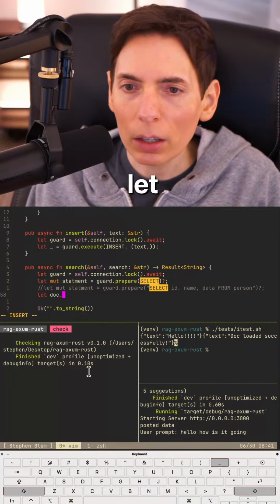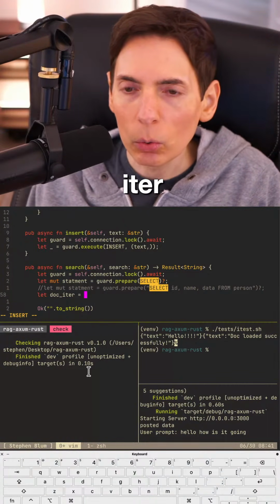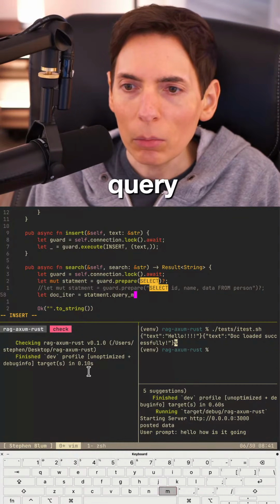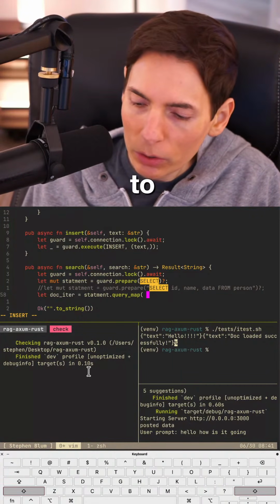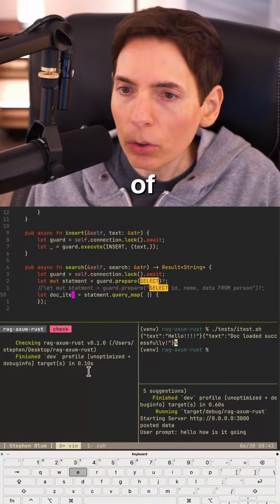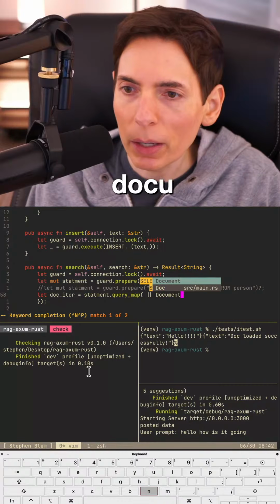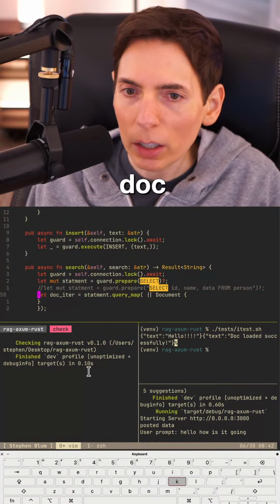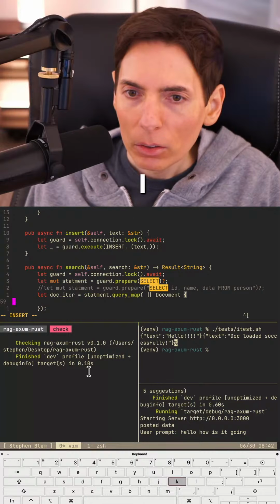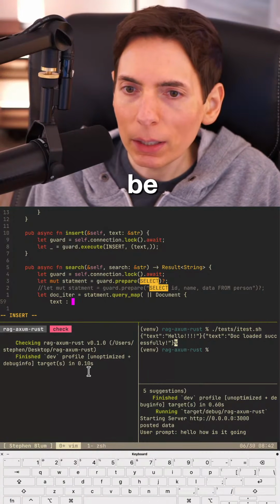Let doc iter equals statement dot query map, and then we're going to get back a set of, oh wait, you know what, we could just say document. This will be just a document, and the text will be, let's see here, right,